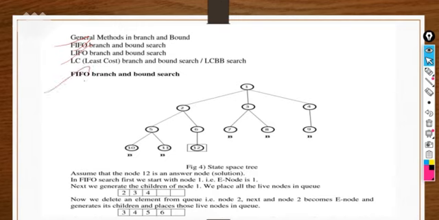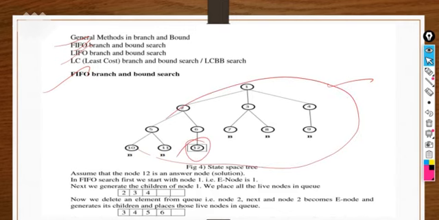So what about the FIFO? First in, first out. If we have a state space tree diagram, and we are assuming that the 12th node represents the answer node as a solution, right? In FIFO search, we start with node 1, the e node, which we can expand further. In FIFO, first in first out approach, we use the queue data structure to store the list.